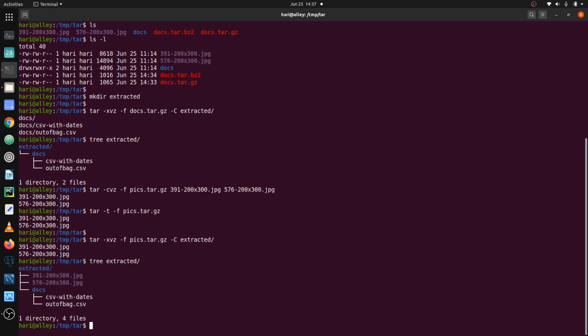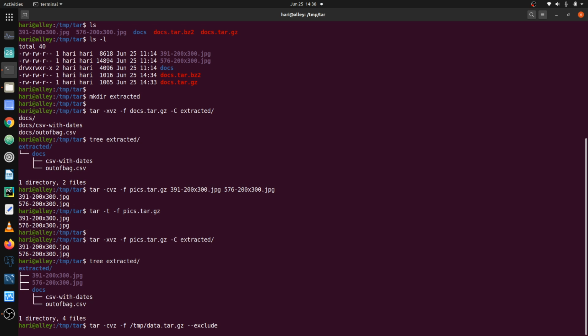We can also exclude files from the compression. We do that using the --exclude option. So let's create an archive for the current directory. So that would be tar followed by -c to create it, v for verbose and z for gzip compression. And we specify the archive file, and let's say that it is data.tar.gz, and that's the name of the file, and followed by the exclude option.